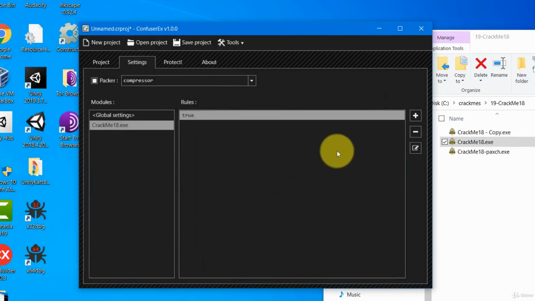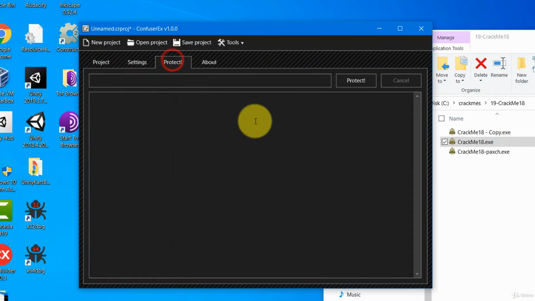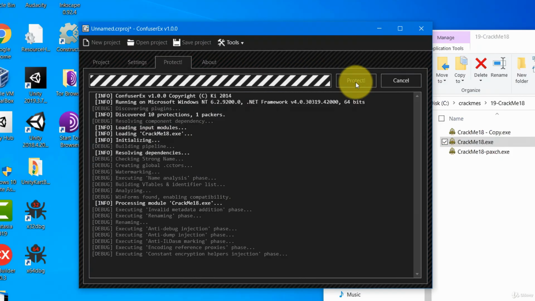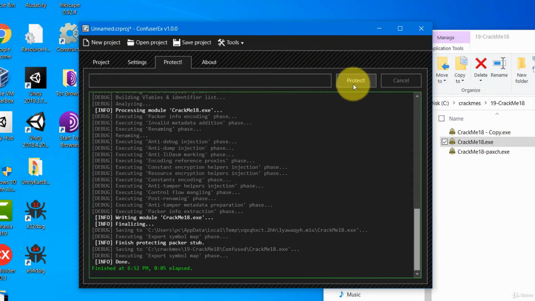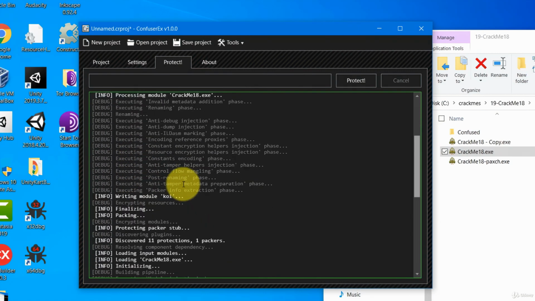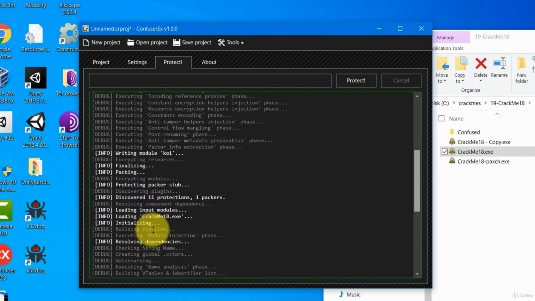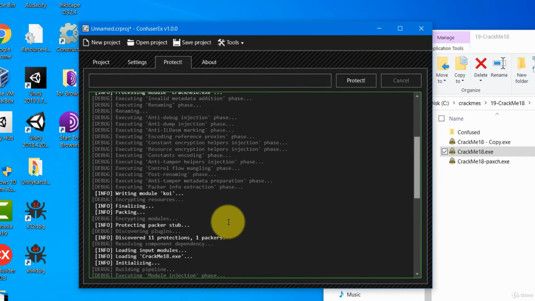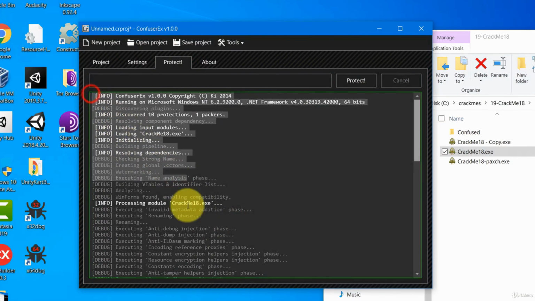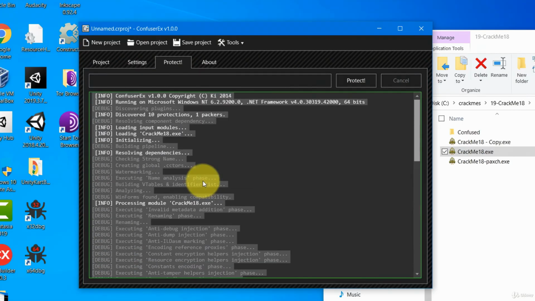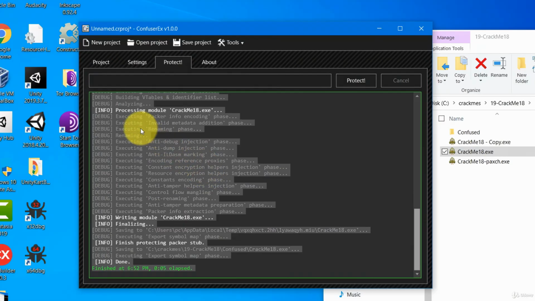After you have done that, you can go to the next step and click on Protect. And you can see it is done. This is the log of the protection. If there are any errors, you can see the errors here. Alright, so it's done. Now you might want to keep a copy of the log, so it's a good idea to copy this out. Just select everything, right click,